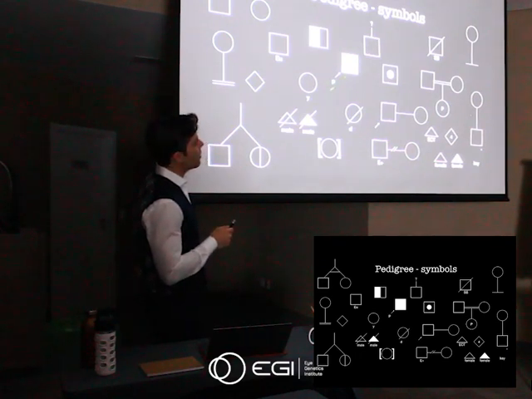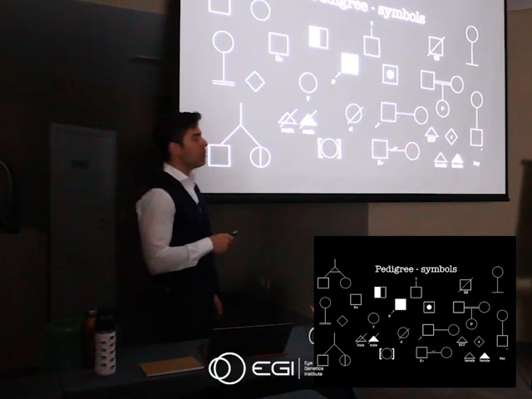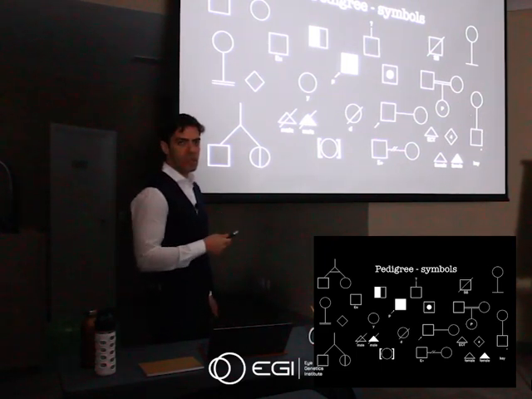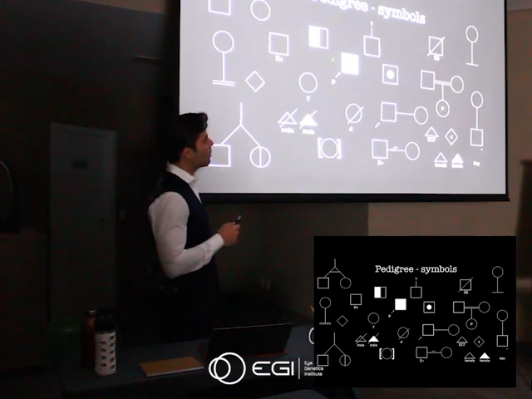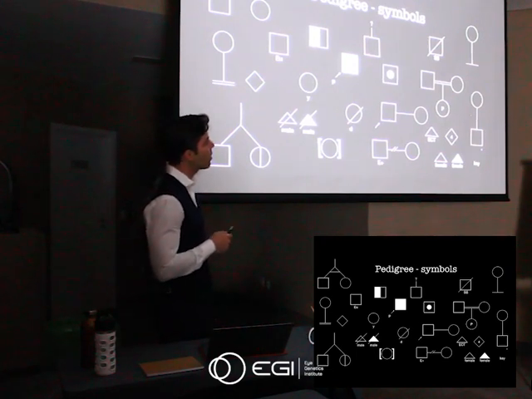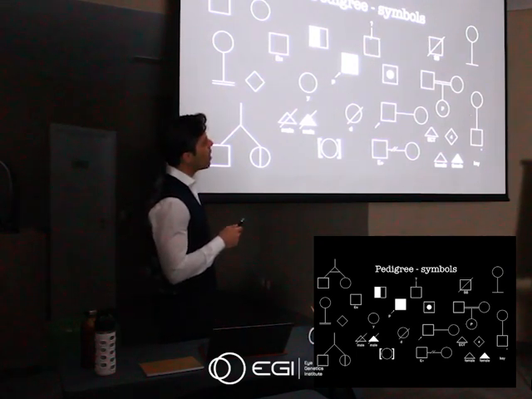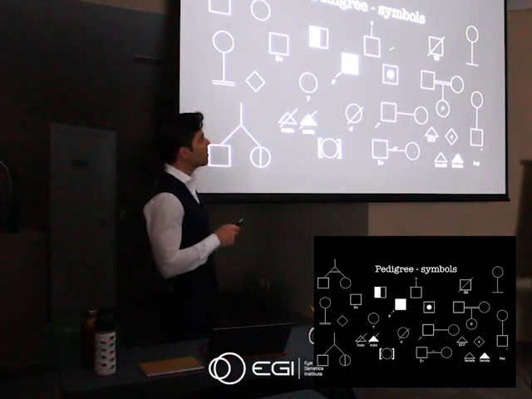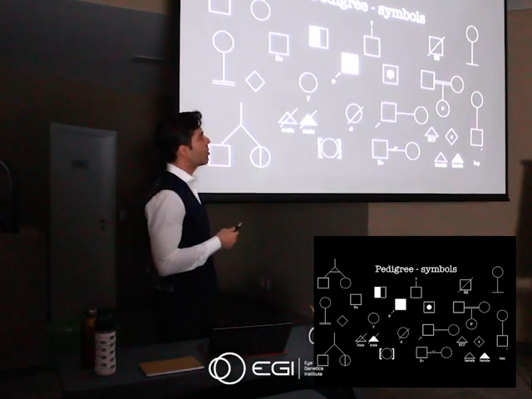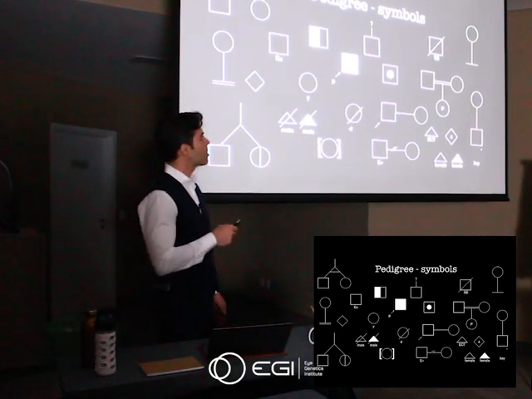Here the arrow with the letter P means that we have a proband. A proband is someone that has a disease, and that we are seeing that person, doing the history taking for that patient in particular. When we have the square with a question mark up here, it means that the patient doesn't know anything about his parents. For example, he may be adopted and he doesn't know